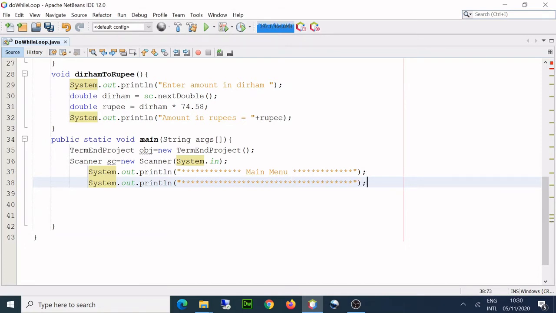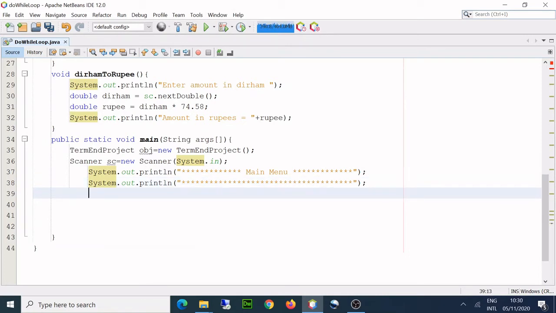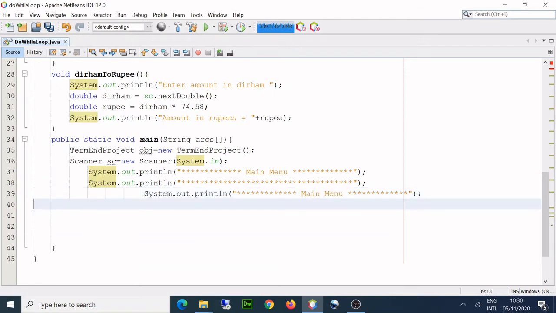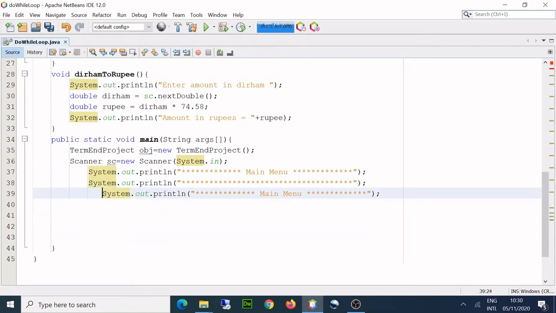As I said, I'll go here, then I'll put my choices. So I paste it once again, and here my first choice is rupee to dollar.